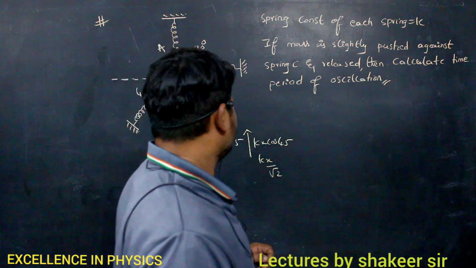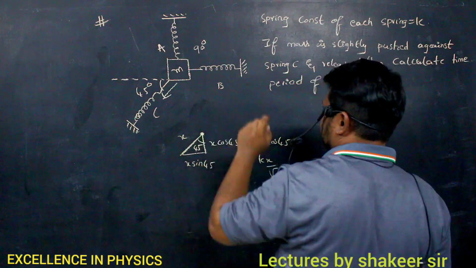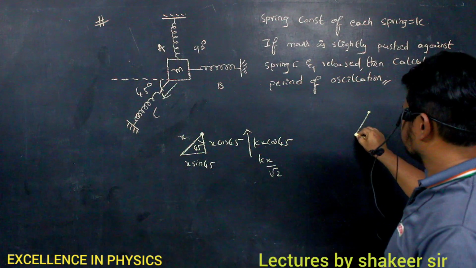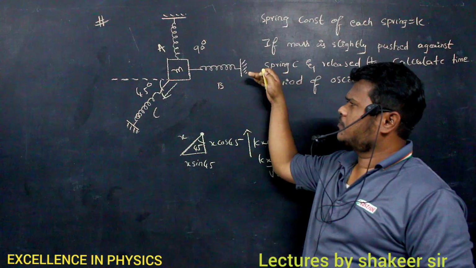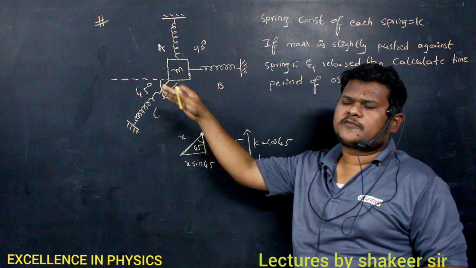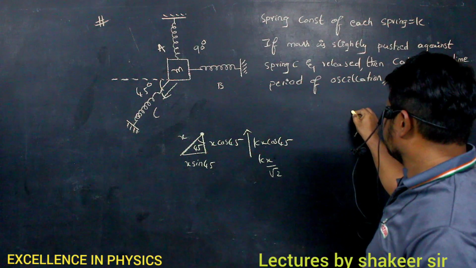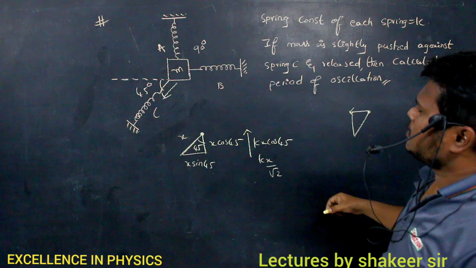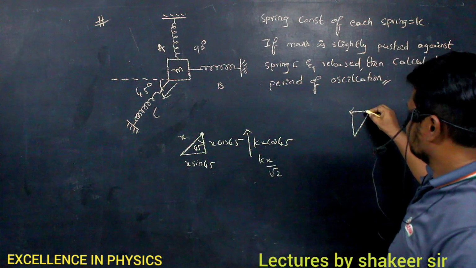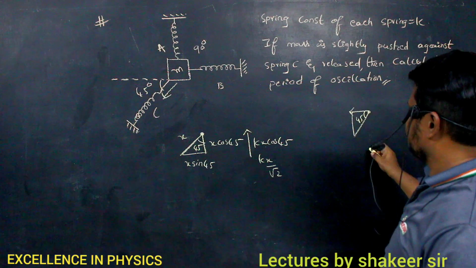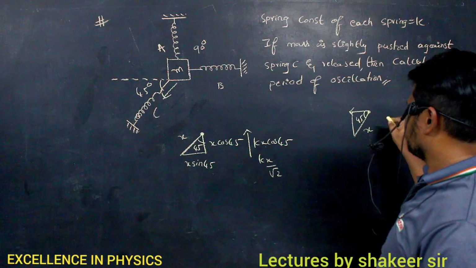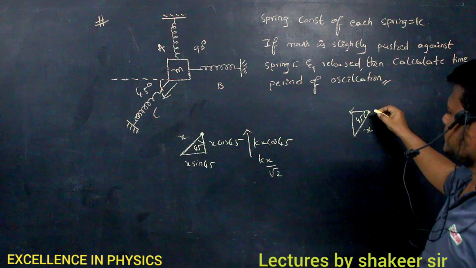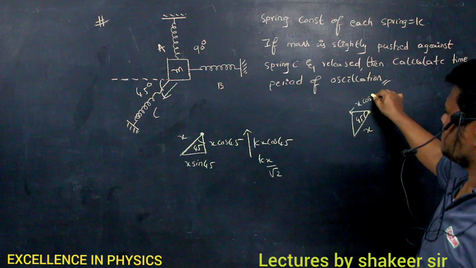Okay. Now let us see the system of B and C. If C is displaced in this direction, then we can say that B will be displaced in the forward direction towards the left side. So this will be the displacement produced in spring B. Which angle is 45? This angle is already given as 45, so this angle will be 45 degrees. If this is the compression produced in spring C, then this will be the elongation produced in spring B, which is again x cos 45.